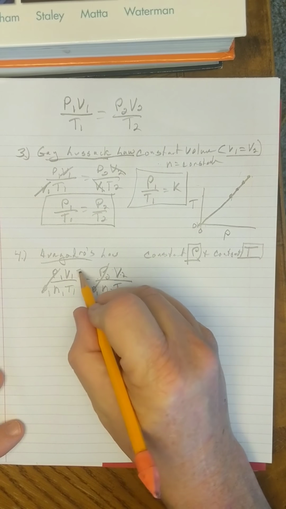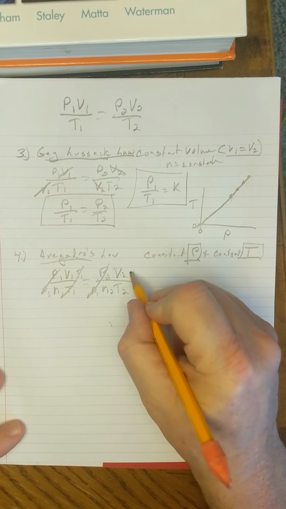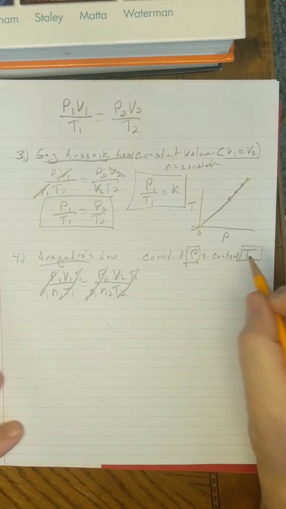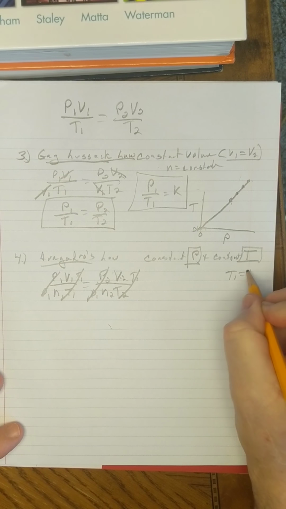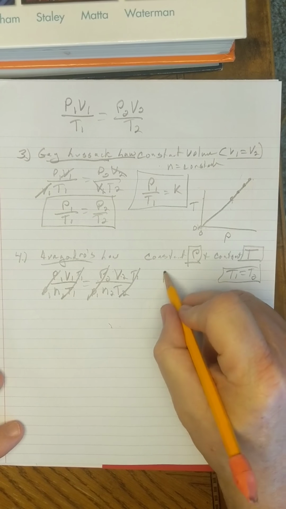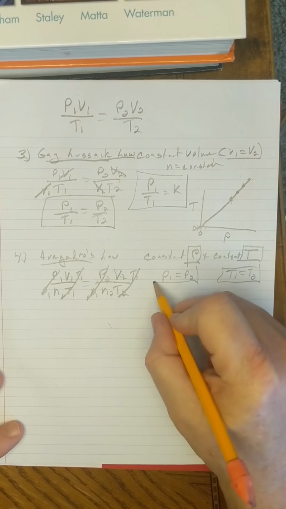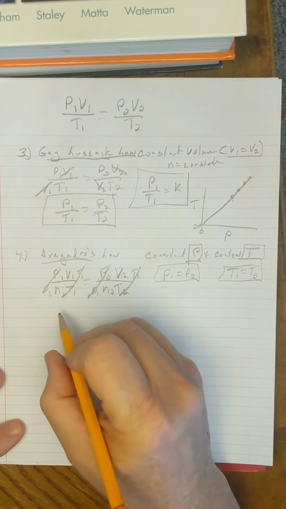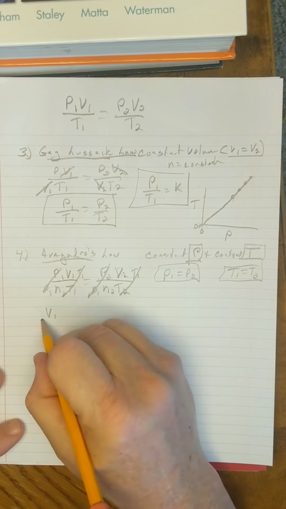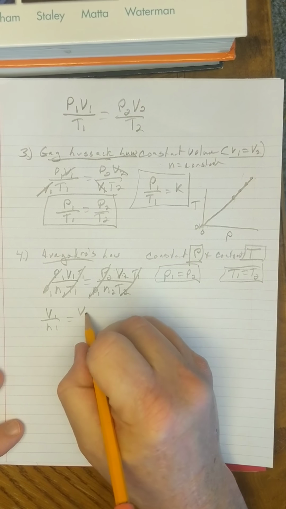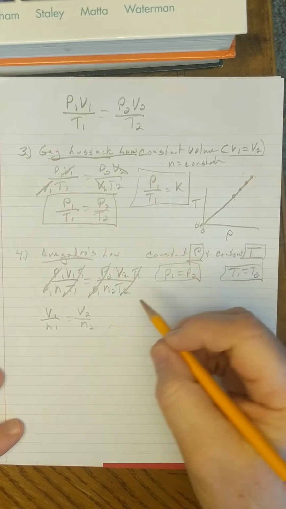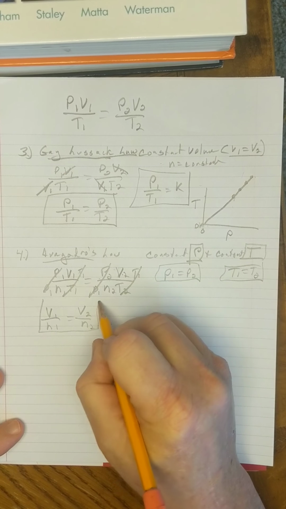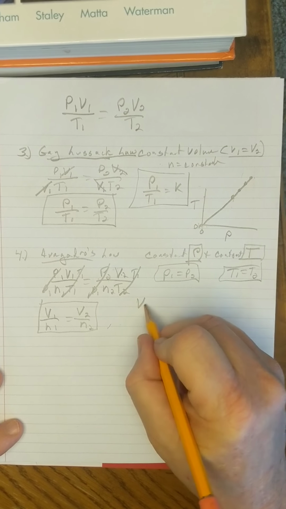And when temperature is constant, we'll cancel temperature out. T1 over T2, so T1 equals T2. And P1 equals P2. So they'll cancel. And then you get Avogadro's law. V1 over N1 equals V2 over N2. And the interesting thing of showing this is that when you look at the constant,